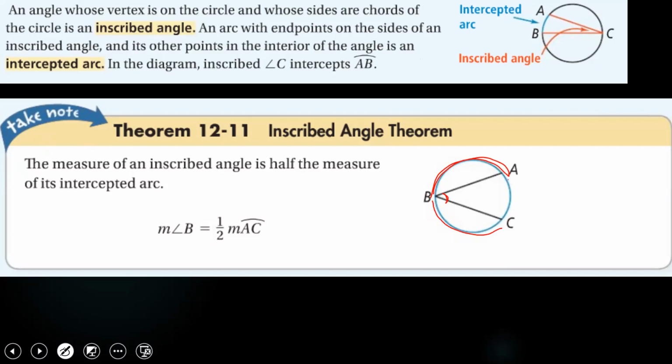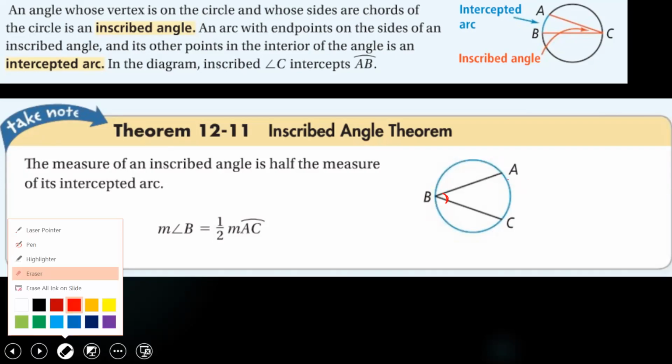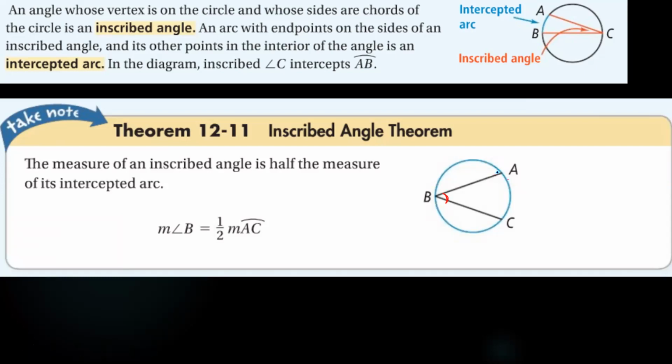Where's the intercepted arc? For any arc, you need 2 points, and it's a curve. These 2 points are from the points of the angle. So this will now be the intercepted arc,